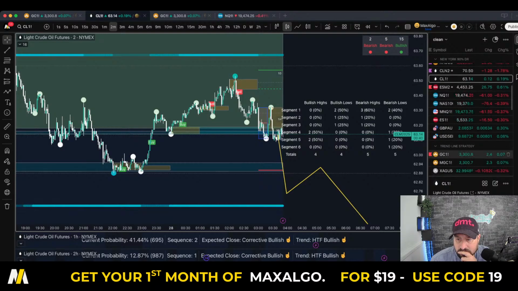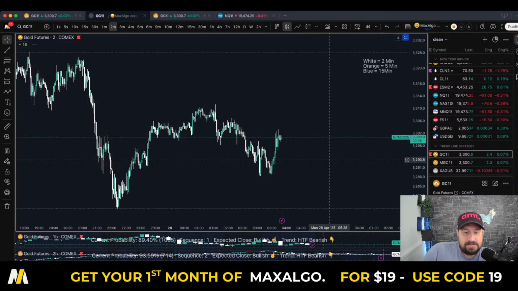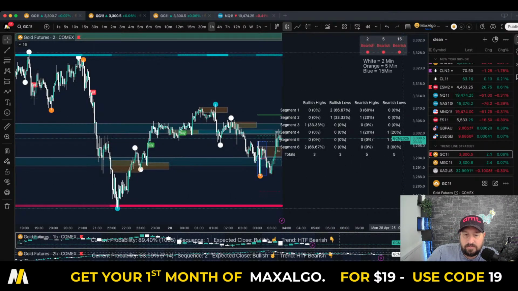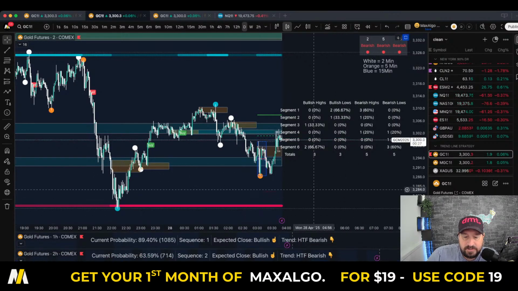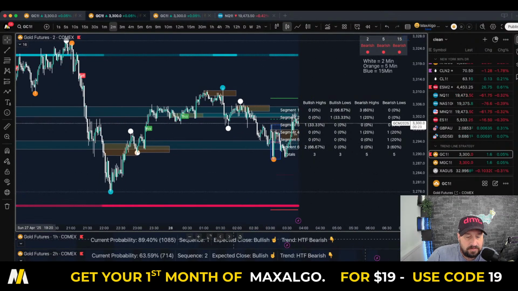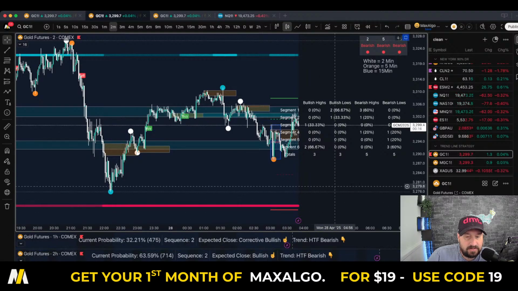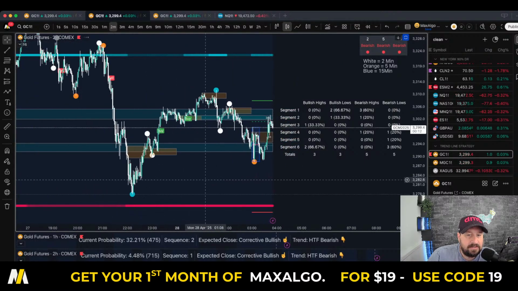So what do we like more? What a question. What do we like more? Gold is in a sequence 1 bullish. Higher time frame is bearish. 2 hour is bullish. And we are corrective bullish as well. So algo's not going to help us in the current hour. Structurally,